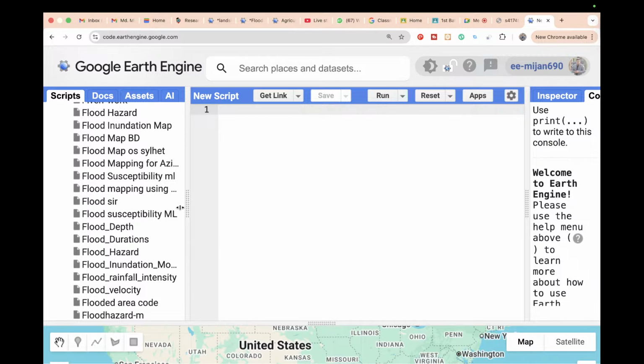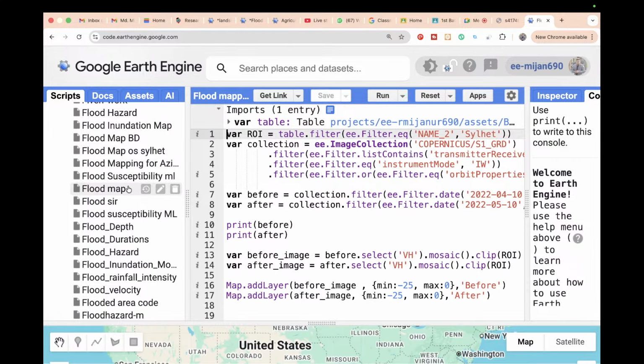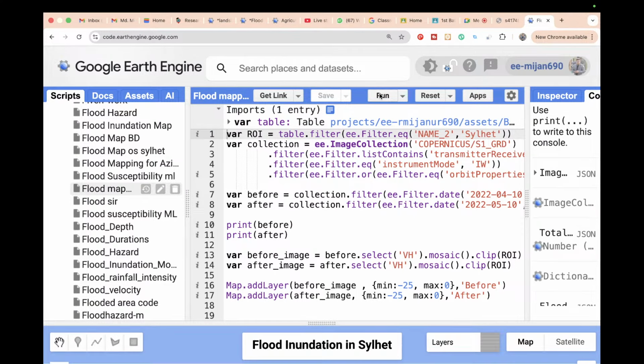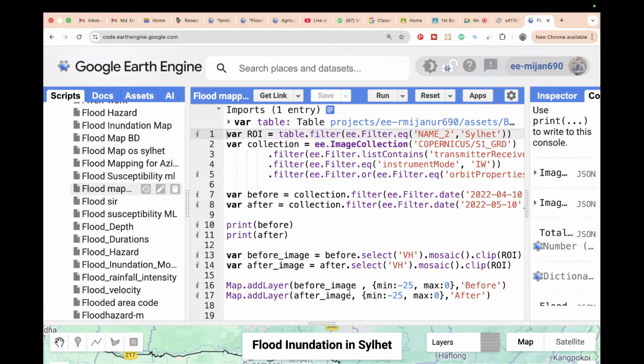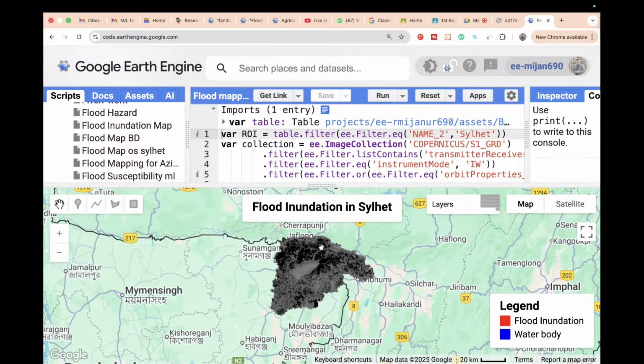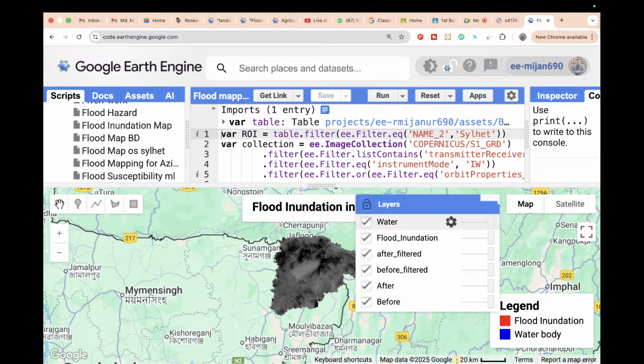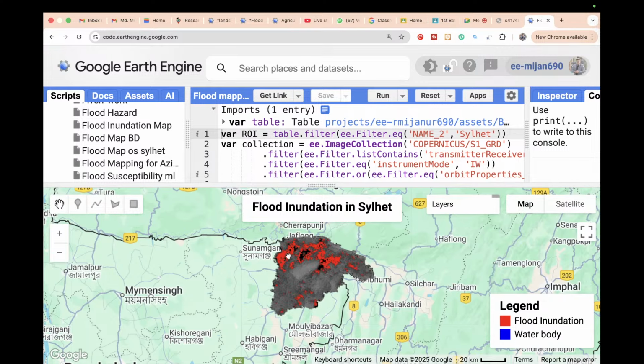So this code we already know about. This is the year, suppose 2022. Suppose for this area where the flood is, we can easily identify it with the help of SAR imagery. Suppose this type of place I find out is the flood area. Then this same code you can also use for